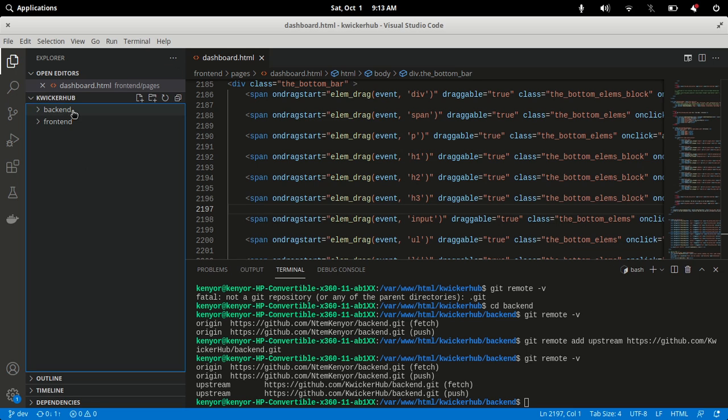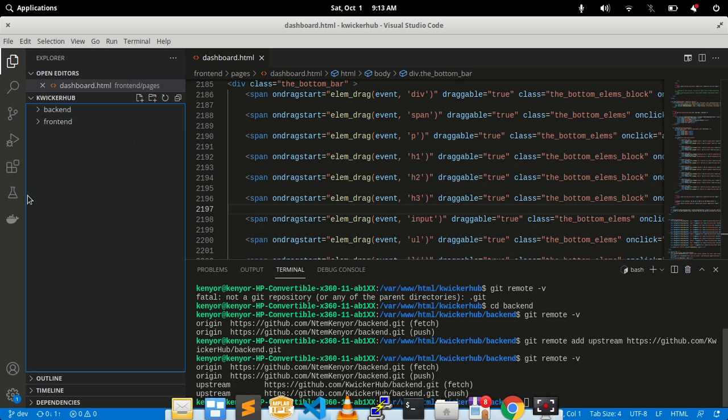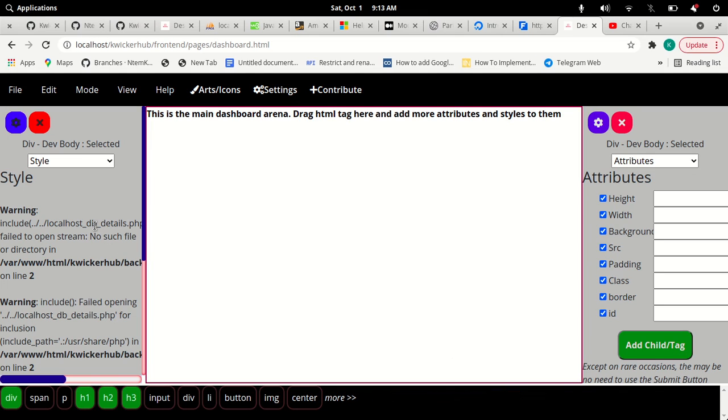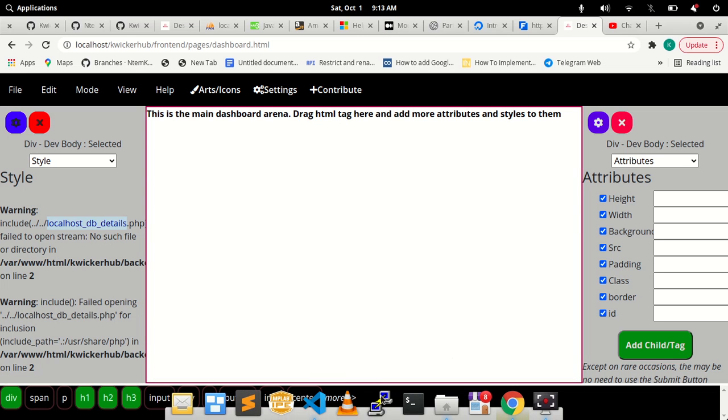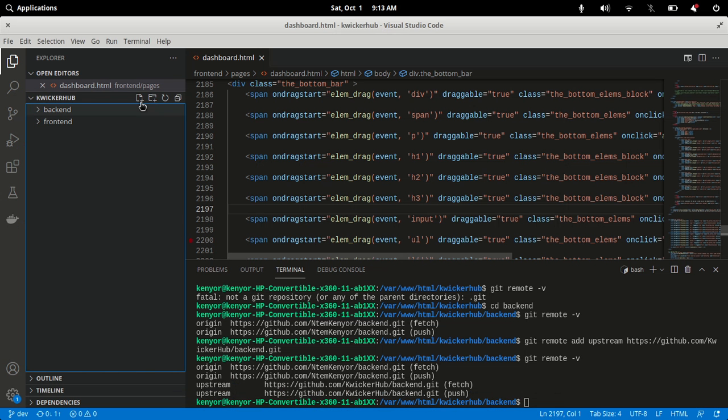We have the first repository, the back end, and the second one, the front end. In this folder, we want to create a file called localhost details. So that will contain the details of your local machine. So we say local.php,